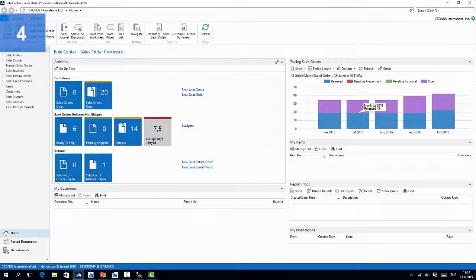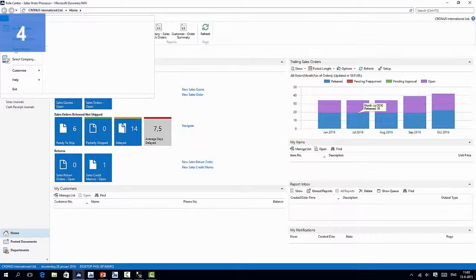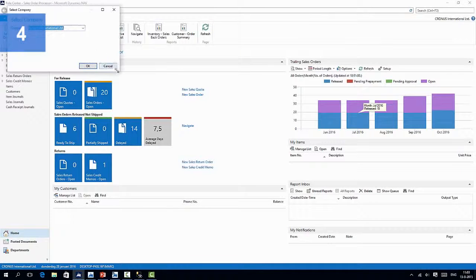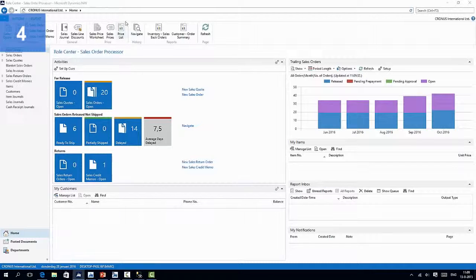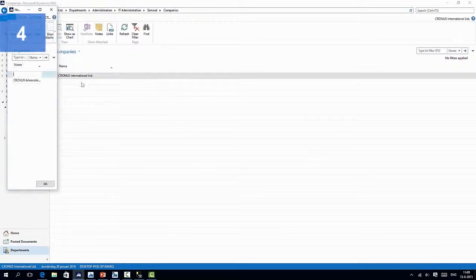Another limitation is the company name. If you install the product from the CD and select the company, you will notice that the company name is Cronus International. With the demo license you can have as many companies that have Cronus in their name, but you can only have 2 companies that don't have that string in the name. Let's see what happens if we create 3 new companies that don't have Cronus in the name. We can do this from the Windows client. We can just create a new company,